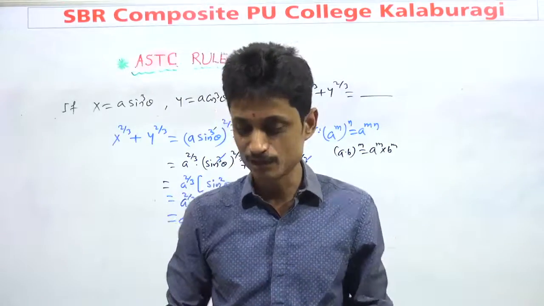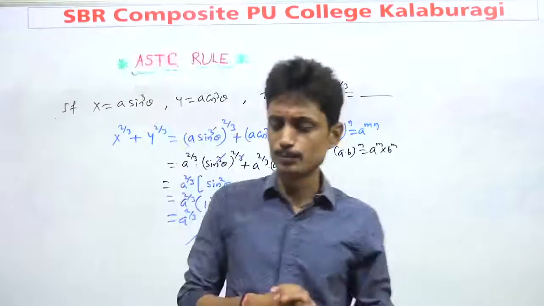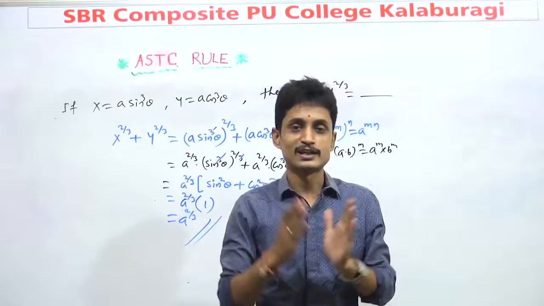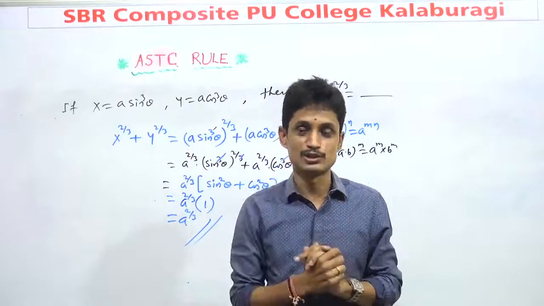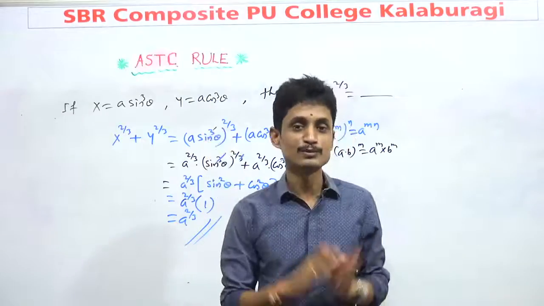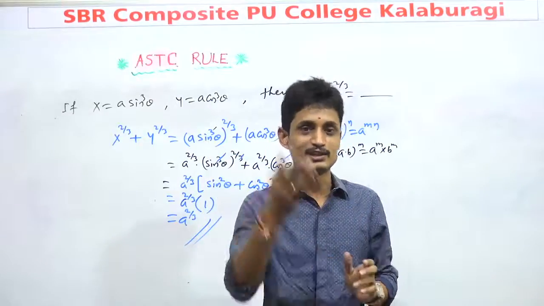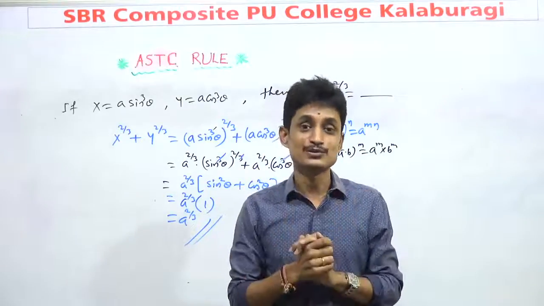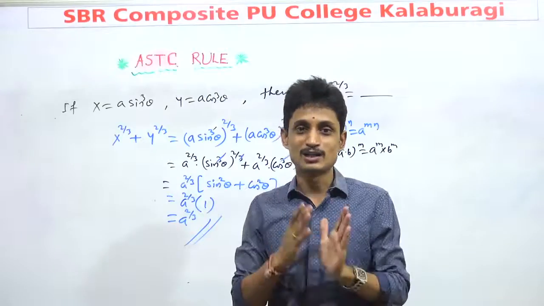Okay, today we discussed so many problems regarding the ASTC rule, and 2 problems I took regarding identities as well as the quotient relation. In the next class on Friday, we have to continue the problems, so many problems are there. Today I will give you one PDF, and on that day, get ready to answer before me. You have to answer those questions.